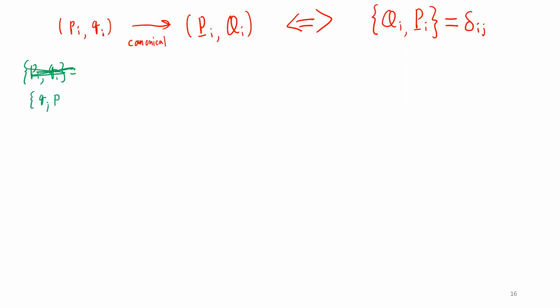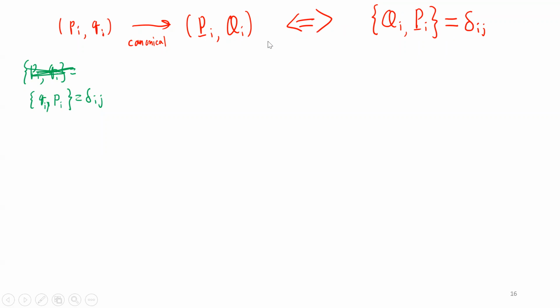Small q and small p satisfy this relation, right? This is something that we learned from the last part of the chapter, and I call this the fundamental Poisson bracket. So this is given already. That is to say, if the transformation preserves this fundamental property of the Poisson bracket, then, if and only if,